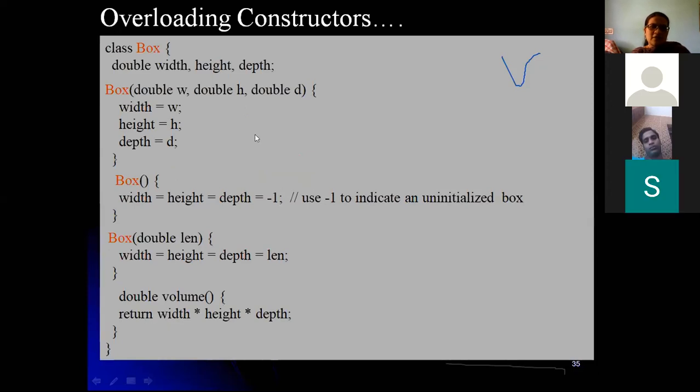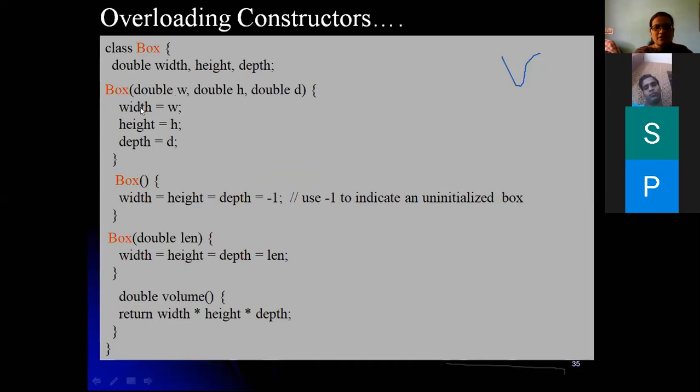Next is another example, overloading a constructor. This we have also seen in the C++ class. There are three variables in class Box, and within that Box it has a parameterized constructor, the same as the rectangle. Both parameterized as well as default constructors are there.